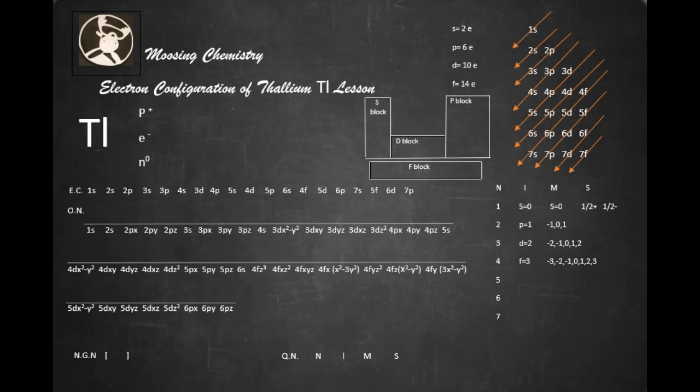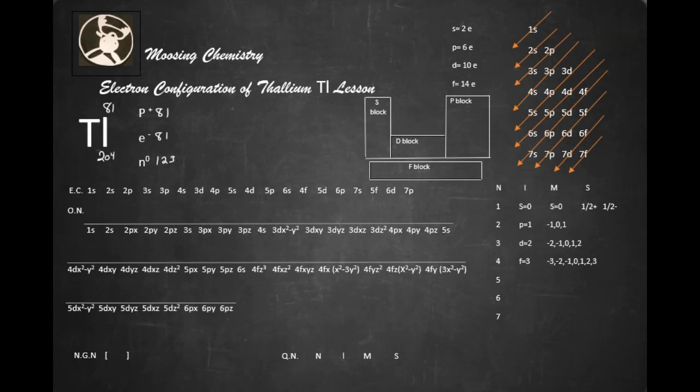Okay, thallium happens to be element number 81 on the periodic table. So let's put an 81 there. And its atomic mass, of course, is 204. Since the atomic number is 81, it has 81 protons and, electrically neutral, 81 electrons. And of course, we get 204 minus 81, and that gives me